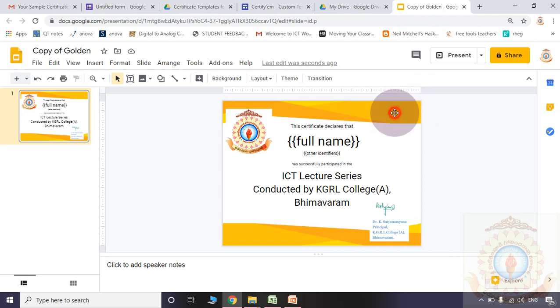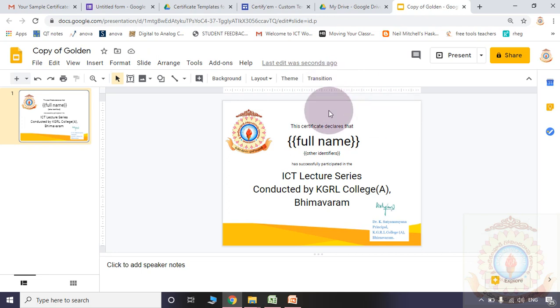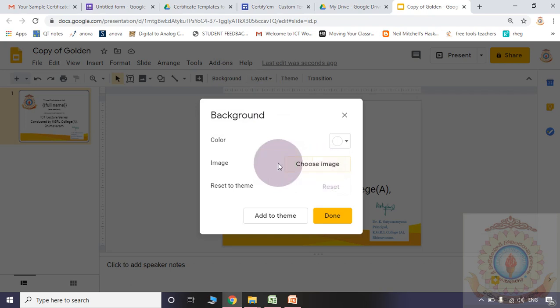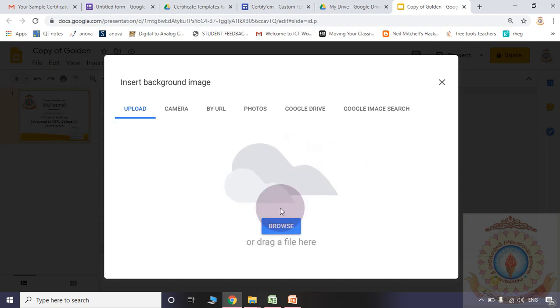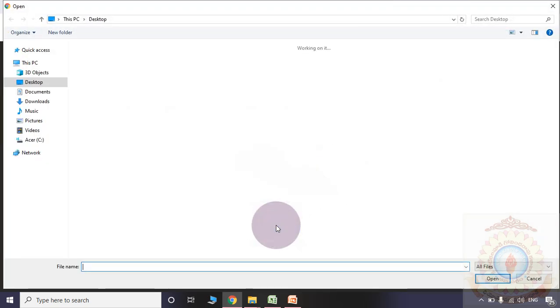Suppose this yellow line I don't want to keep, then I may remove it. That is my wish. Please observe, in the place of the background, if I select any image, let us see what will happen.